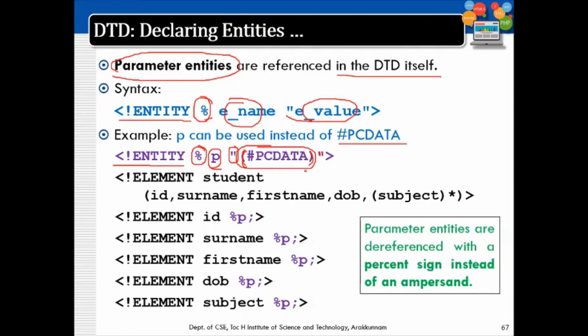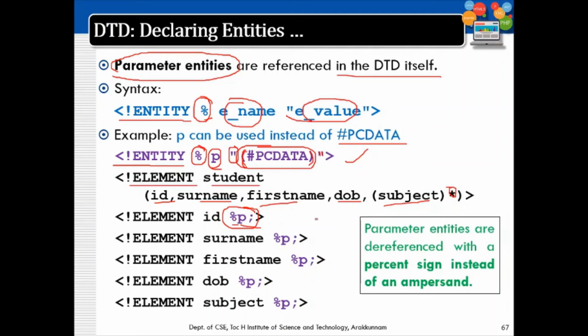So this is also part of a DTD. In the further lines of the DTD, this is the root node, element student. It contains ID, surname, first name, DOB, then subject, which can be repeated 0 or n number of times. For all these leaf elements, ID, surname, etc., I am just using %P;. So you understood the difference here between referencing within a DTD and referencing in an XML.